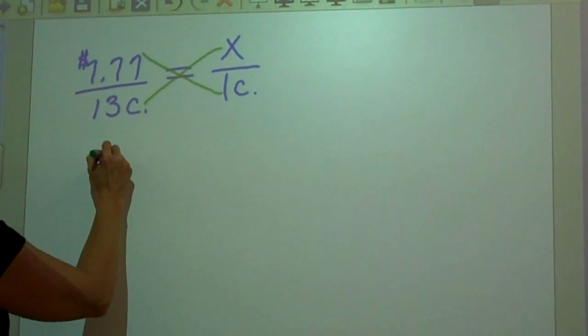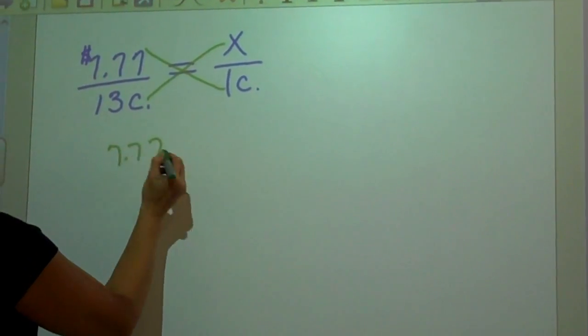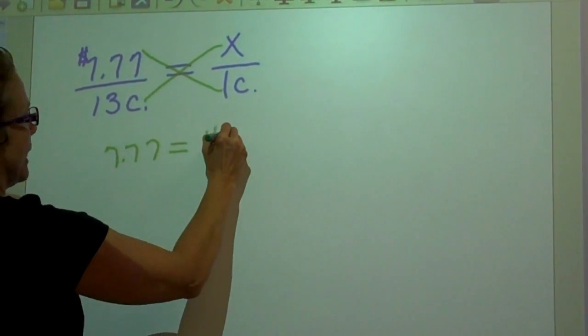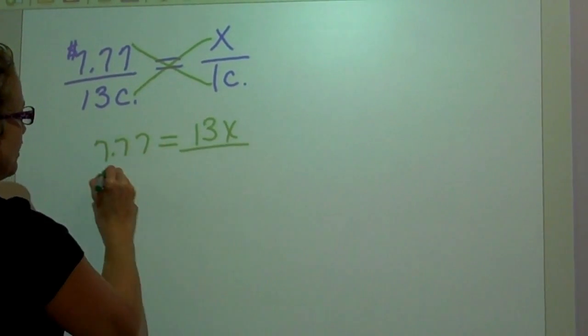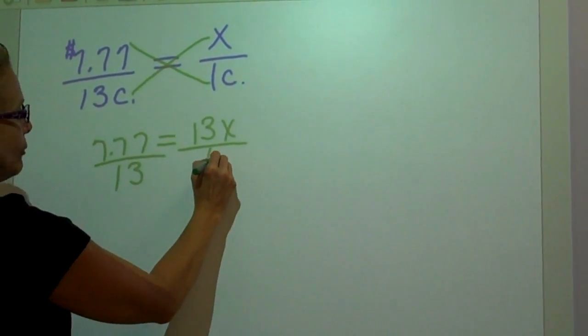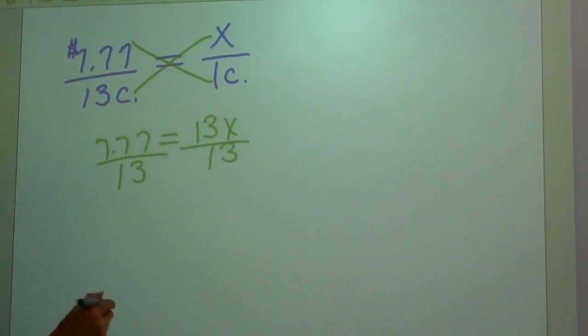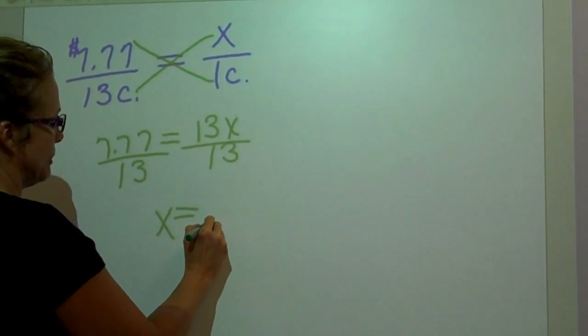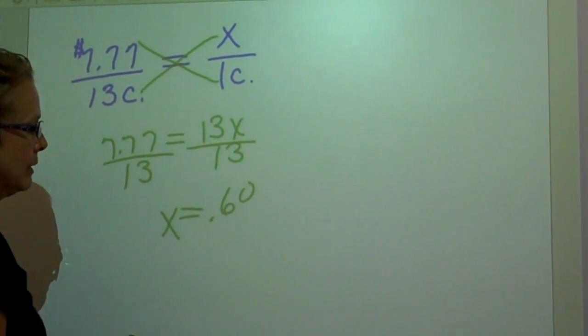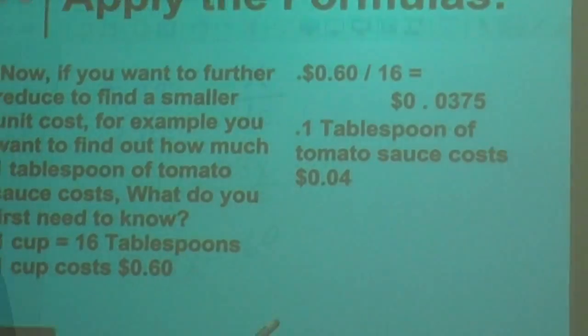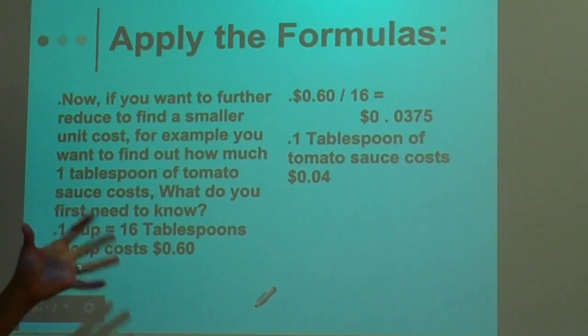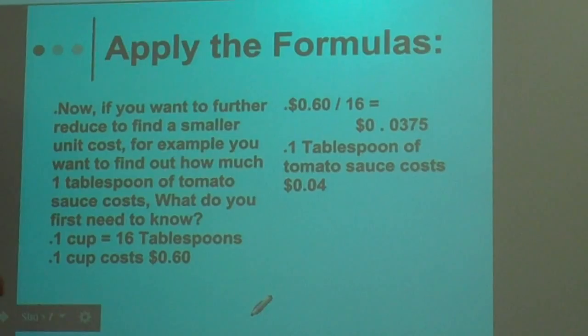And you get 777 equals 13x. Divide both sides by 13. And this is how you learned it in your Algebra 1 class. And x equals, I believe the answer was 60 cents. Okay? If you want to further reduce the amount, let's say you're making a bomber sandwich or